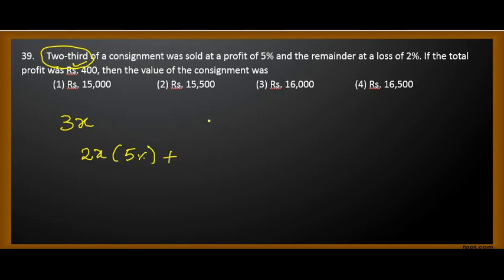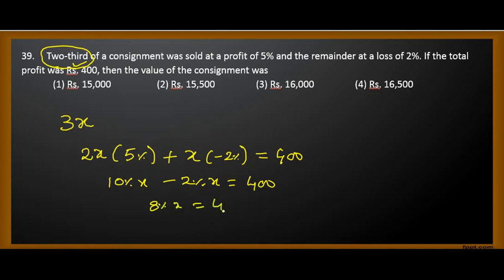The remaining, what is the remaining? x, because 2/3 of 3x is 2x. The remaining is x, were sold at a loss of 2%. But if the total profit was how much? 400 rupees. So which is equals to 400. Okay. Now coming to here, 10% of x minus 2% of x is equals to 400. So 8% of x is equal to 400, implies x is equal to